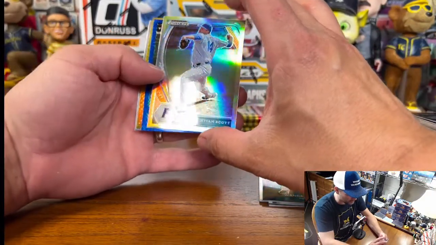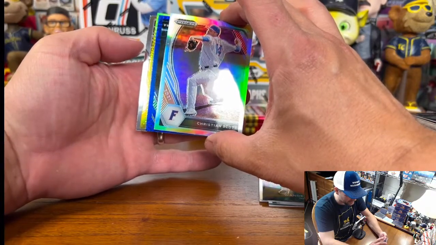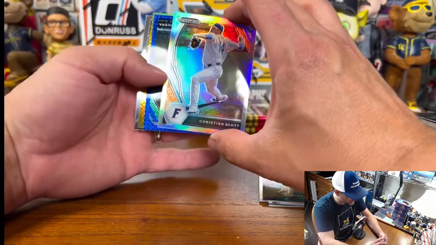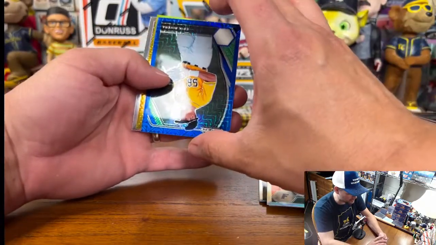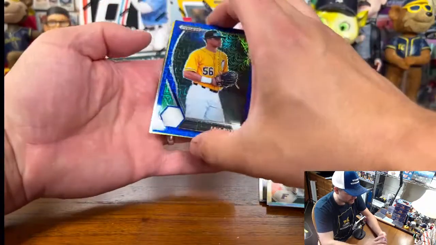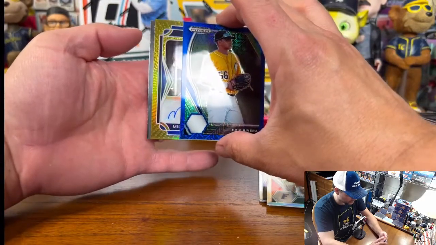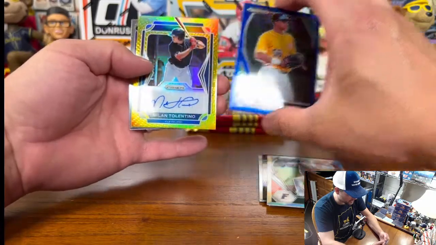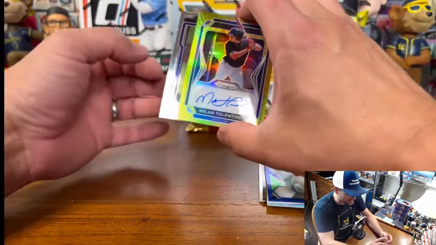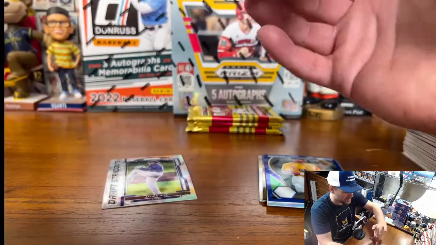There's a gold card coming up here. If that's out of 10, we're going to be excited. I think that's in the auto spot. Christian Scott. All right, let's get excited. Eric Riviera. That's a gold auto. Milan Tolentino out of Cleveland. I actually do not know who that is. Jaden Hill. Another Jaden Hill. And it is